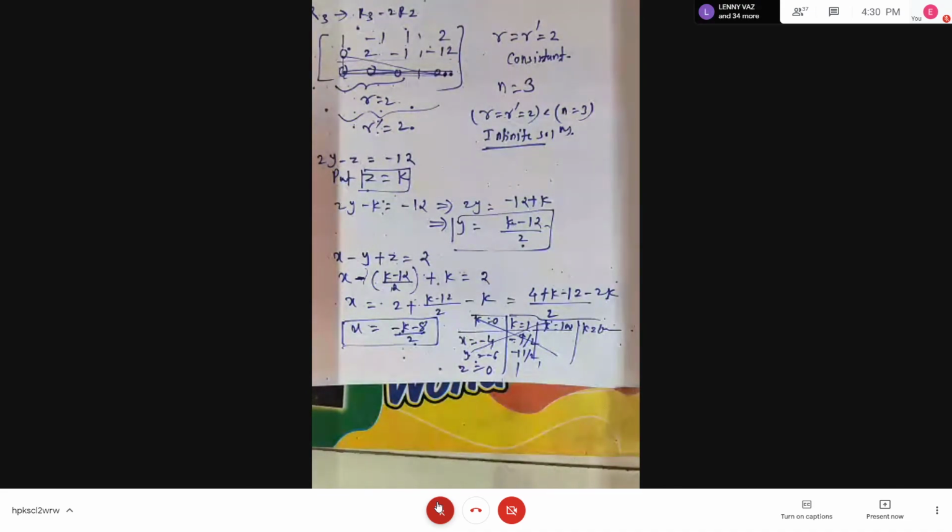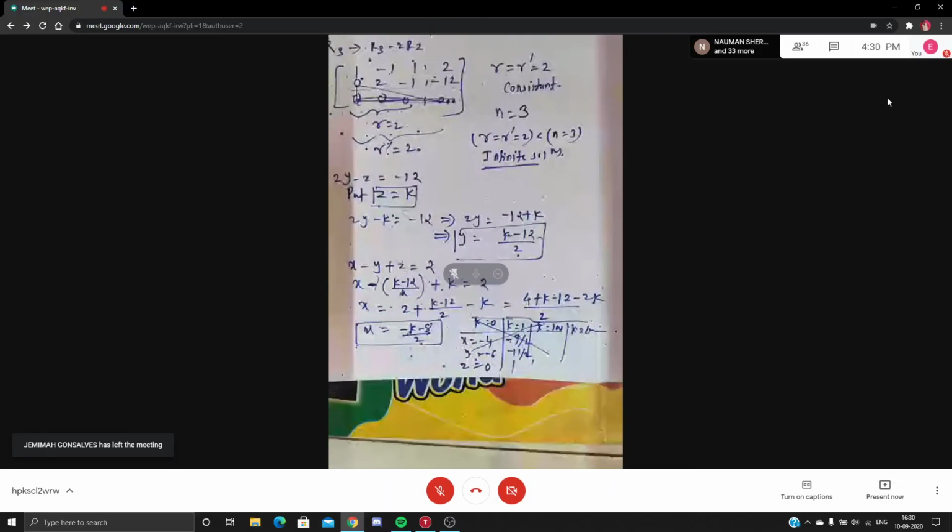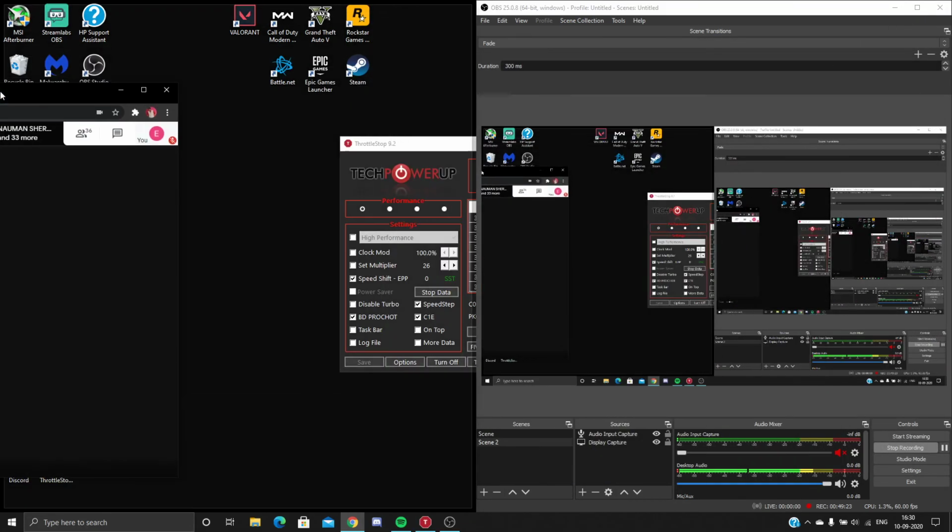So in today's class we did the non-homogeneous system of equations, right? Three things we did: when the system is inconsistent and what happens when the system is consistent. Under consistency there are two different cases. One is unique solution and the other is infinite solution. In the next class we'll solve some more examples. I'll give you a set of unknowns other than x, y, z, and you have to find the values of those unknowns with the help of the echelon form of a matrix.